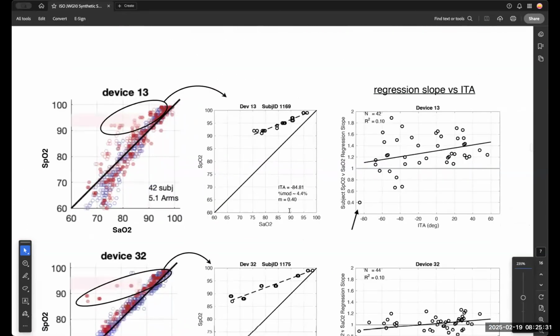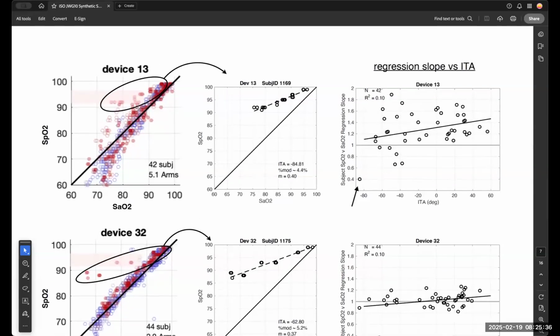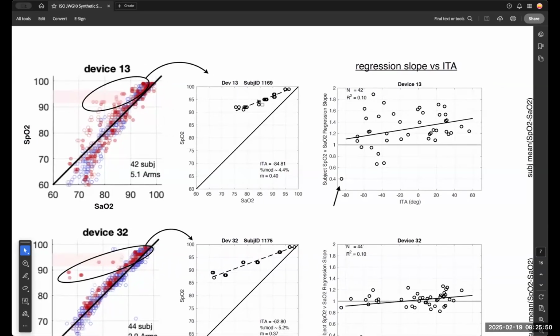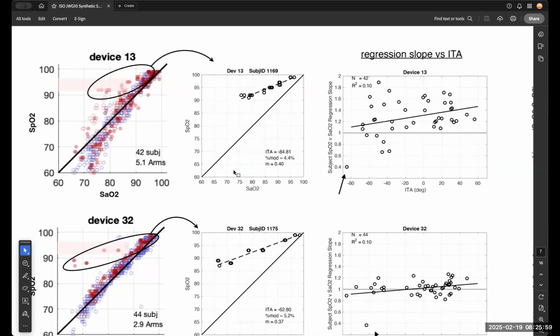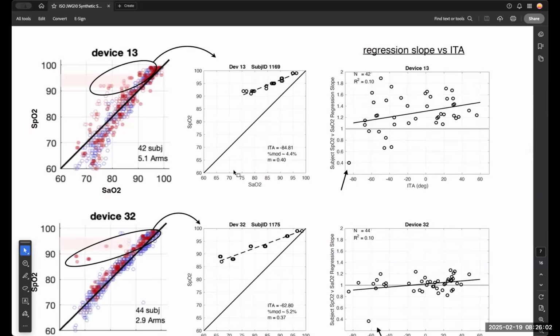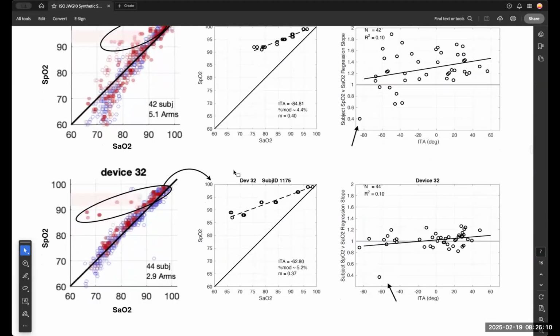So what we wanted to show here is that if we take device 13, when we talk about occult hypoxemia, this is a device that had occult hypoxemia and an ARMS that would have passed. But we see the occult hypoxemia is driven by one subject here, and their personal regression line was not on the regression line for the rest of the device. This suggests that what is playing into the occult hypoxemia here may not be so related to the device, or makes us question whether or not it's related to the device itself or something inherent to other factors.